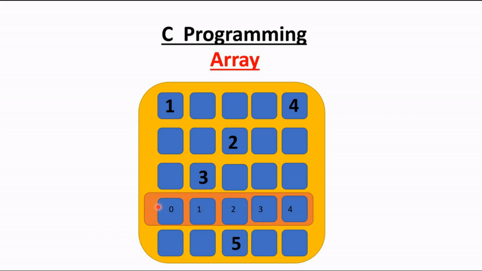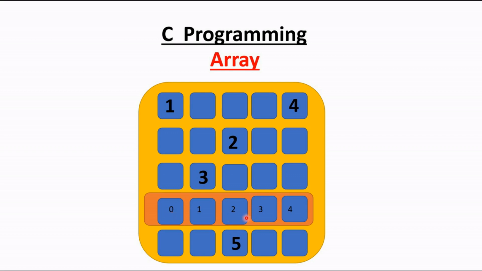Suppose here I make the variable name number. So if we print number[0], the value that is present there will be printed. Or if we print number[3], the value that is available inside that block will be printed. And always try to remember that the indexing starts from 0. That means if we want to print the fifth value, we have to print number[4]. If we want to print the first value, that will be number[0].